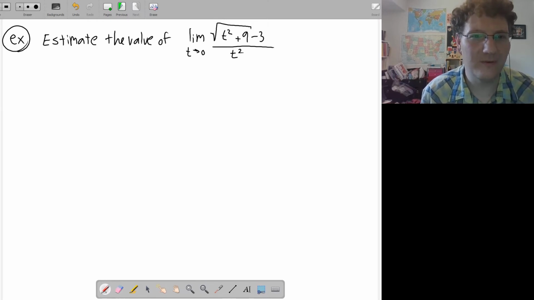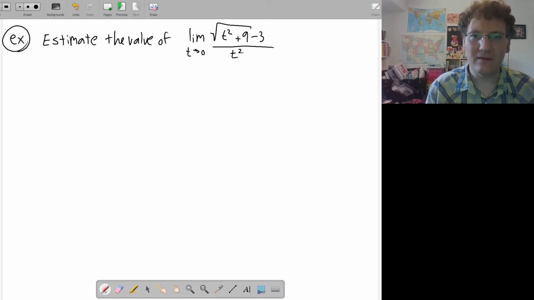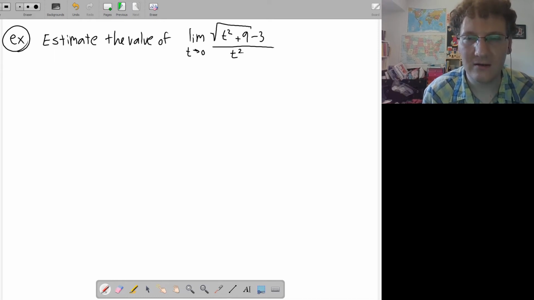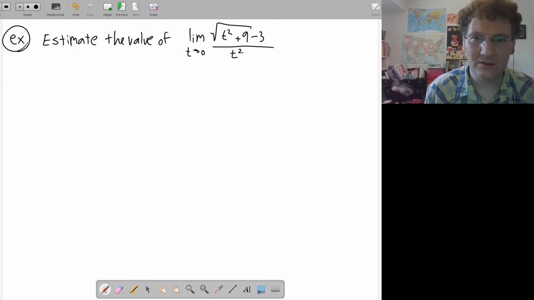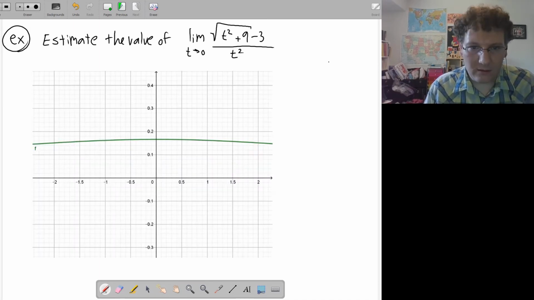Here's another example. We want to estimate the value of the limit as t approaches 0 of the square root of t squared plus 9 minus 3, over t squared. So again, let's look at a graph of this and see if that can help us make this estimation. So here it seems like as x gets close to 0, the function looks like it's getting close-ish to, I'm going to estimate 0.1, 0.2 is up there, so that's about 0.16,